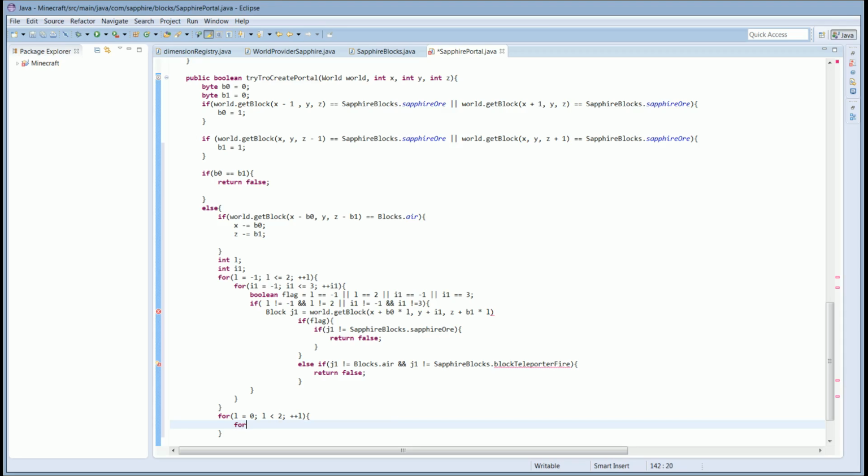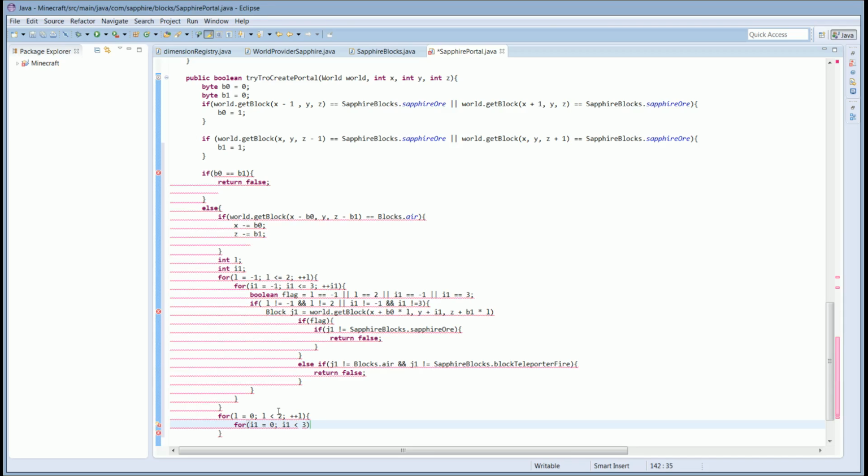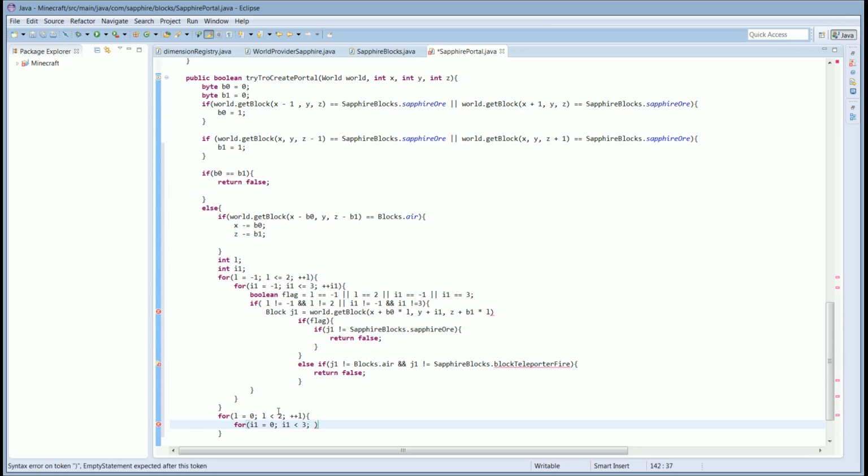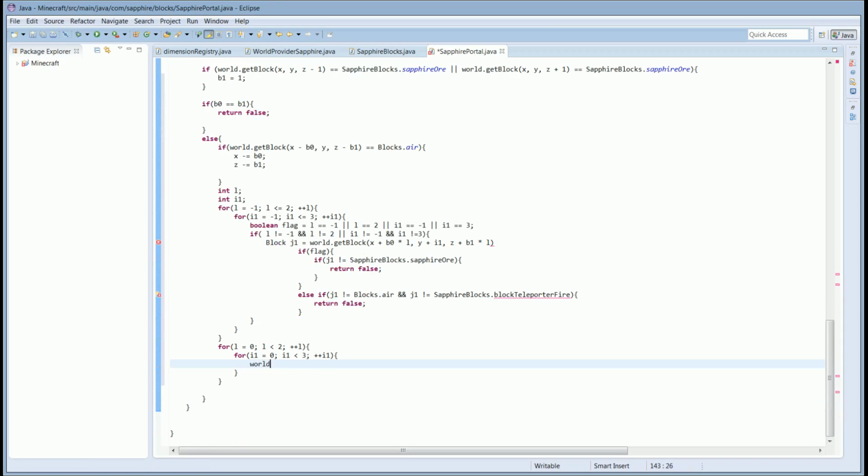And then we're going to have the for I1 equals 0 and I1 less than 3, and plus plus I1. Then we're going to go under that, and we're going to say world dot set block